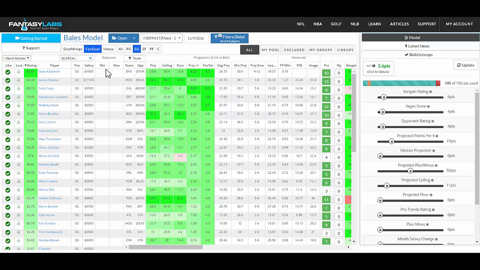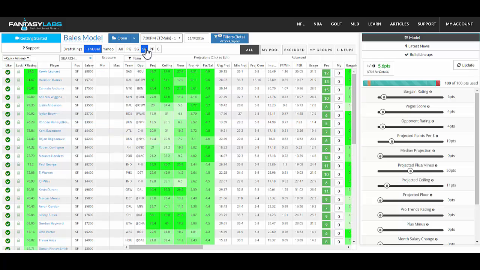We can do that with a bunch of positions. I won't go through every one, but you can set a max where if you want to have just a small amount of exposure, say you're creating 100 Millionaire Maker lineups or 100 NBA lineups, and you say I don't need to have Avery Bradley in any lineups, but I definitely don't want him in more than 10%. You can do that. And so I set a bunch of these with the players who I like, and then